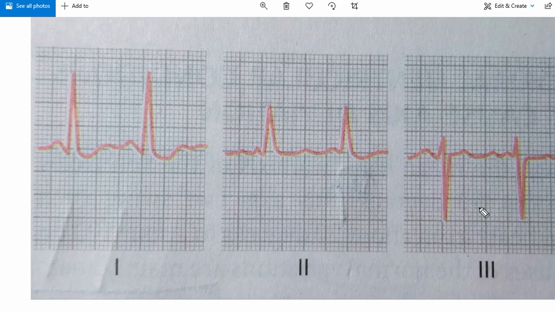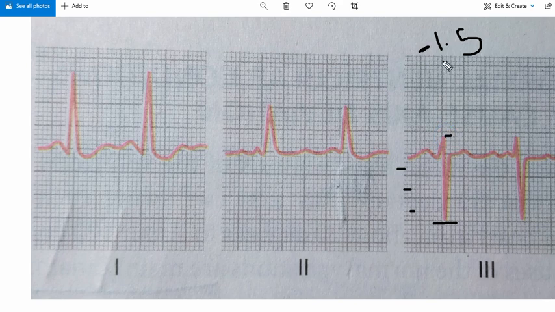This is the electrocardiography of lead 3, and it deviated towards the negative side, covering 3 large boxes. The distance covered towards the negative potential is 1.5 millivolt, so 1.5 minus, whereas towards the positive side it covers approximately 4 small boxes,